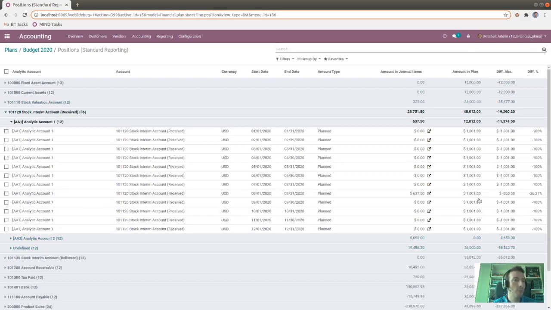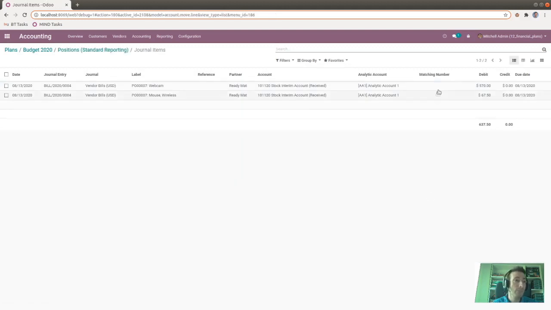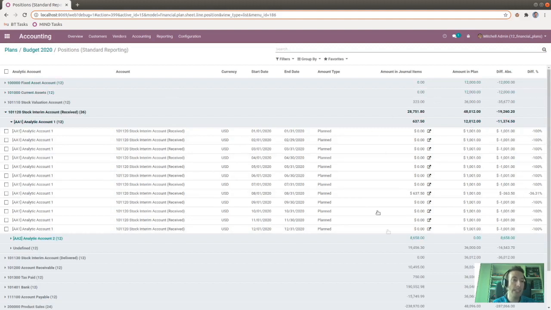Okay, I think we imported 1001 instead of 1000. Never mind. And here we can use this button to further analyze the journal items involved, so that we really understand why we are getting these numbers.